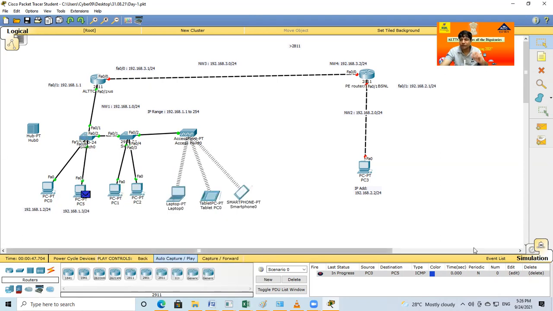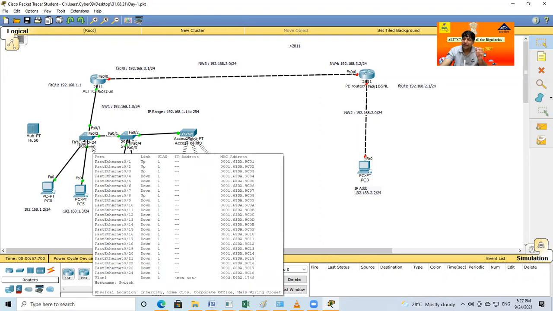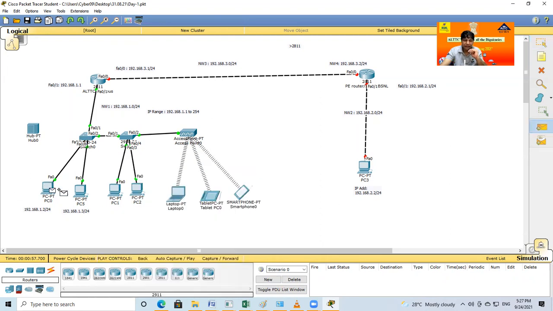Because the switch is like a hub, first time communication is in a very similar manner. Okay, now this is successful. Now one time communication is already done. So this is the switch. A switch is an intelligent device, that means it memorizes. So if I try the second time, what happens? The second time it doesn't need to send everywhere. The switch doesn't send to any other location, it sends directly to PC5, hands over the message, and the acknowledgement is generated and sent back. And this is successful.